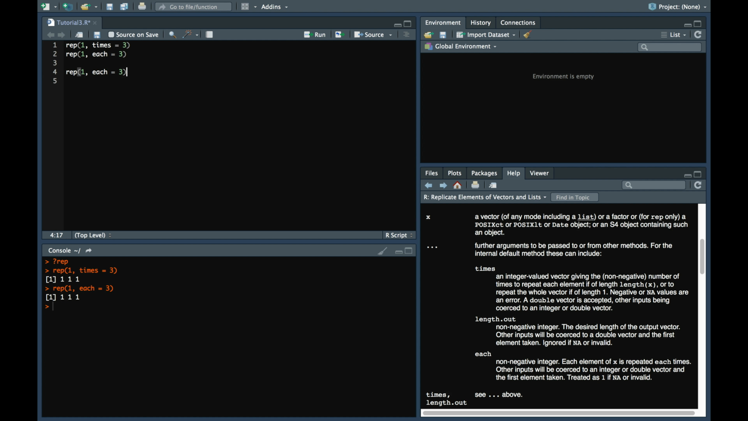So if we do 1 comma 2, and instead of each, we take times, the sequence 1 comma 2 is repeated 3 times. 1 2, this is the first time, this is the second time, and this is the third time. Now if we do the same with the each argument,